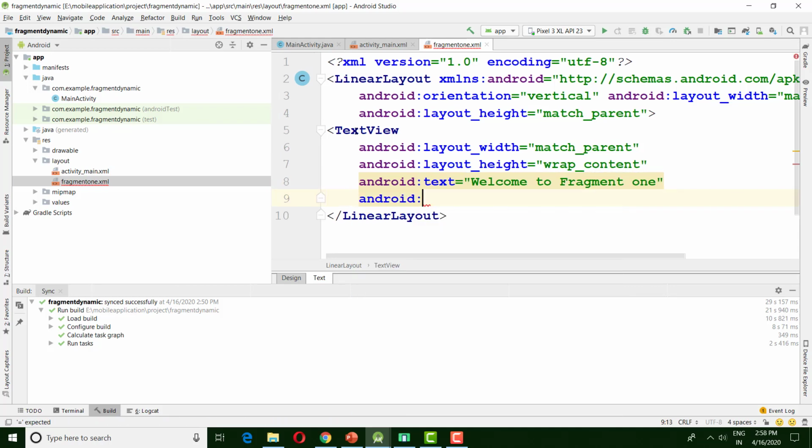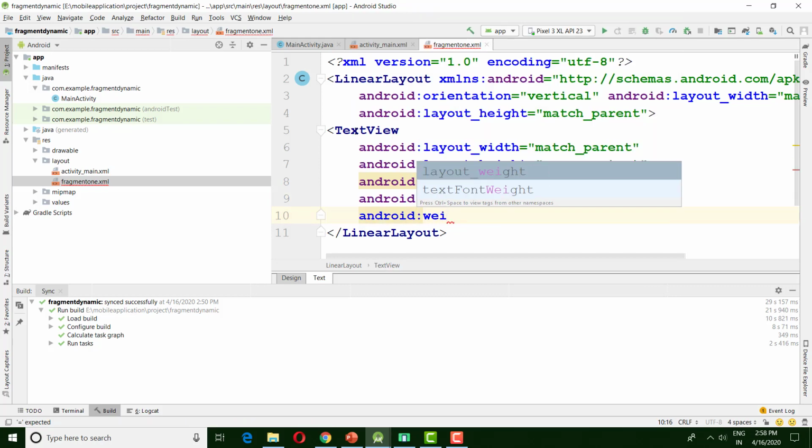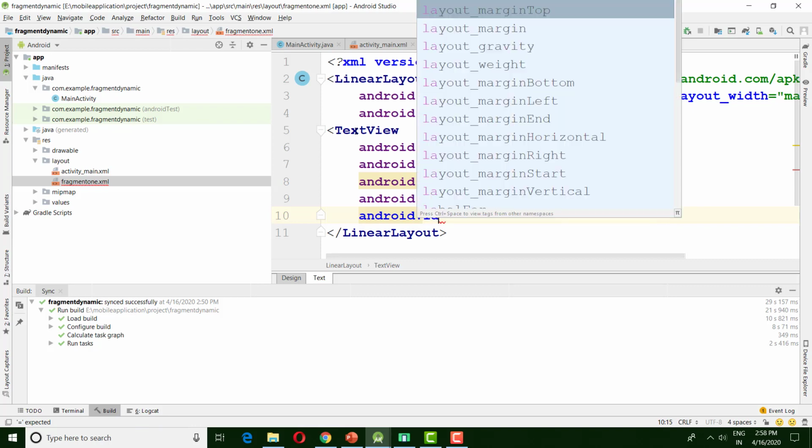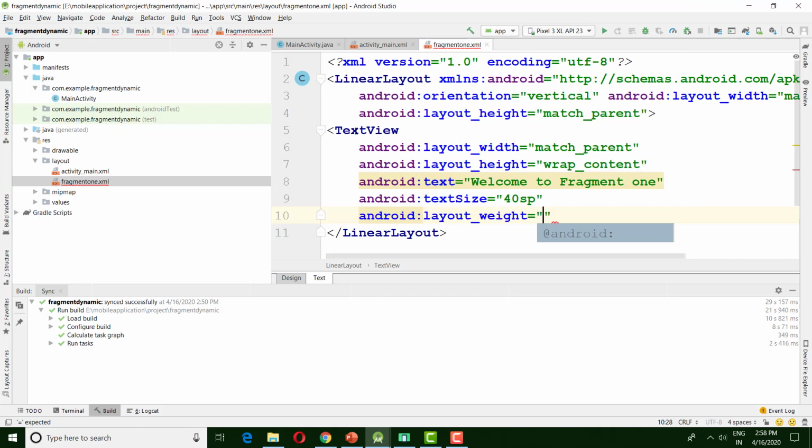Set the text size, that is 40 sp. Define the weight, so define the layout weight. Defining the layout weight means it will not cover the whole fragment screen, it will cover only the portion where it is required, and other widgets can also be defined in the same fragment by defining the layout weight.